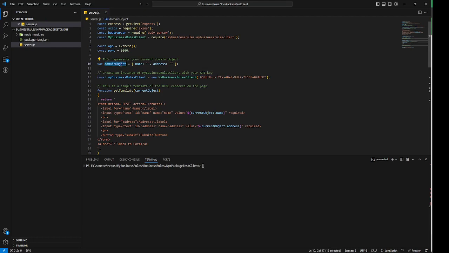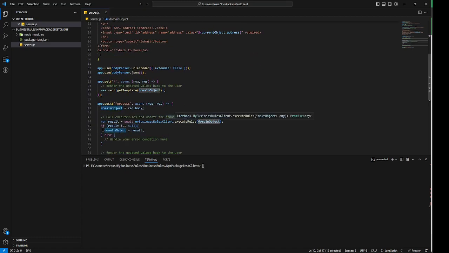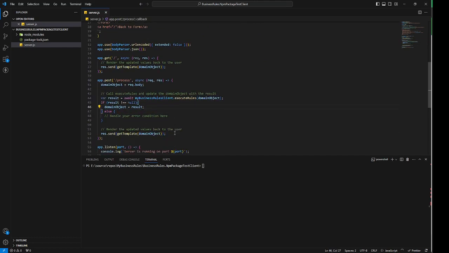The idea is I've got a domain object that represents the thing that my app is working with, and I'm going to be sending this domain object to my business rules and then handling the result by basically just assigning it right back to the domain object. The goal is that the business rules executing in my business rules will augment or adjust that domain object, and then I'll handle it by just reassigning back in what the result is, and the rest of my app should handle that normally. So I'm going to go ahead and start this app,